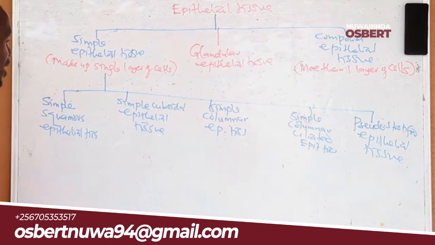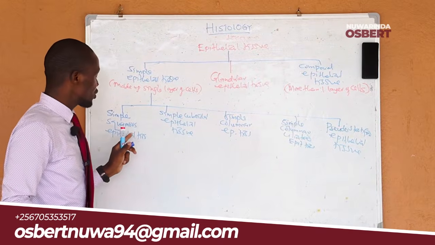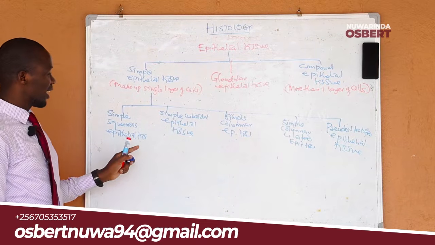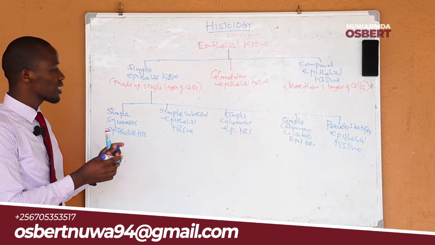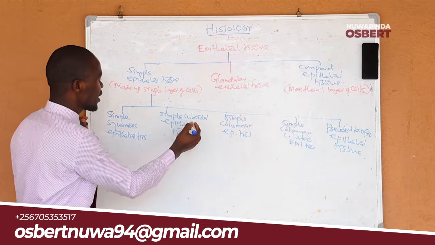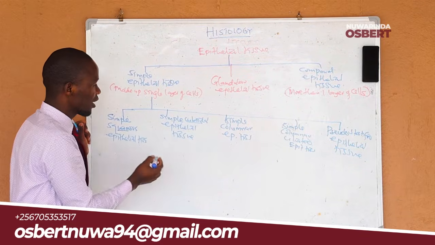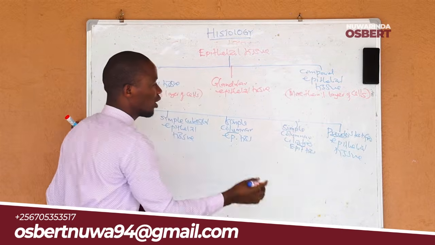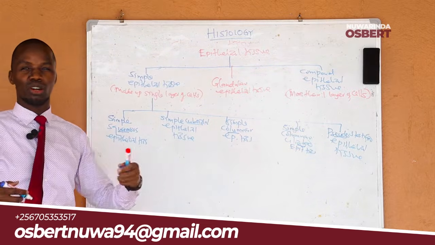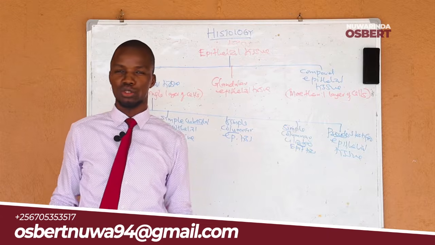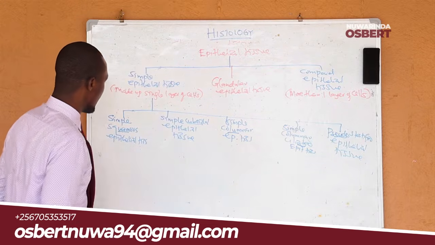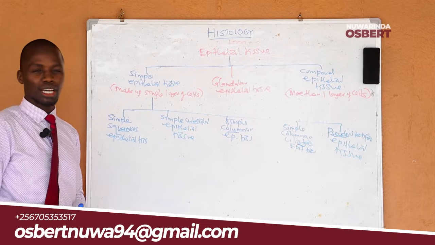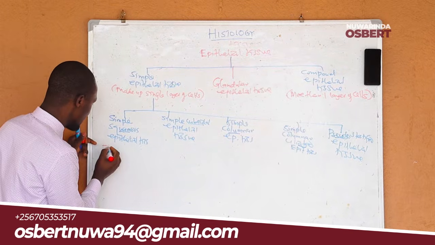Pseudostratified epithelial tissue. Now, when you check on the words, you realize that we are using some terms. For example, we are saying cuboidal, squamous, columnar, ciliated, pseudo. It is from those terms that we differentiate between these tissues. For example, in simple squamous epithelial tissue, something very important is that the cells in